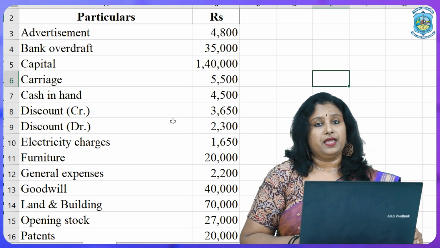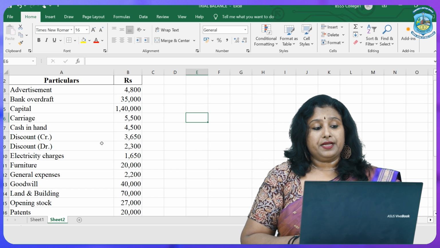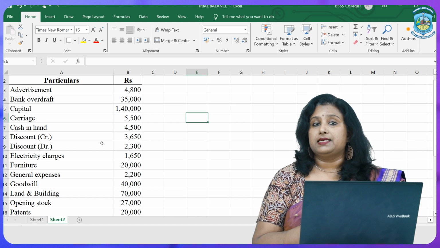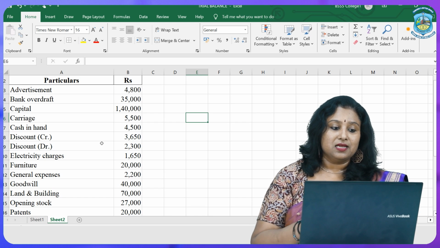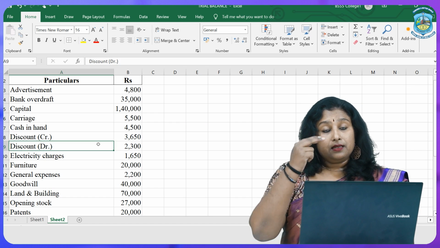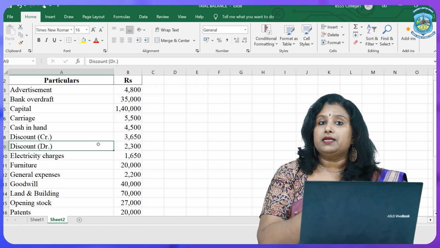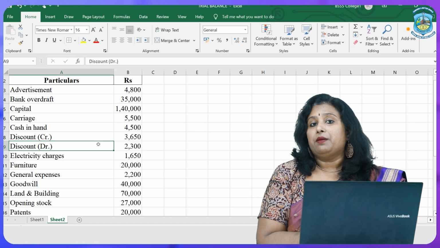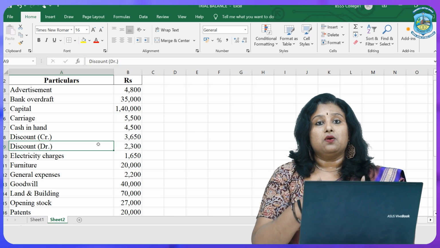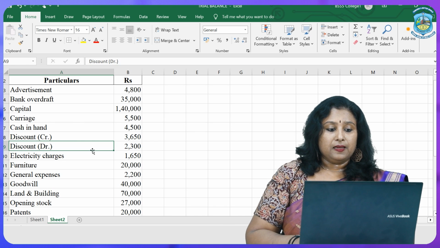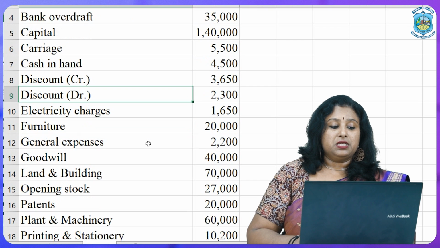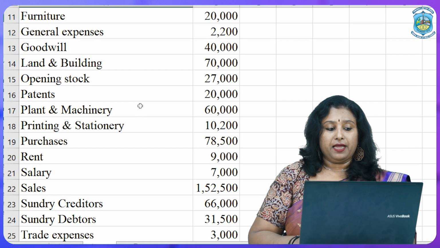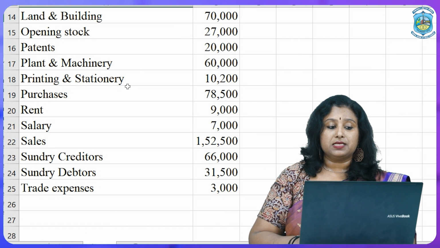Now this is very easy to understand. Discount credit means the discount received. Why? Because it has a credit balance, and as I said, all revenues have a credit balance. Similarly, discount debit, the names could be the same, but whether it is a debit balance or a credit balance, you can easily identify by that. If it is discount debited, that means it is an expense, that is discount that has been allowed to the customers. Now, electricity charges, furniture, general expenses, goodwill, land and building, opening stock, patents, plant and machinery, printing and stationery,